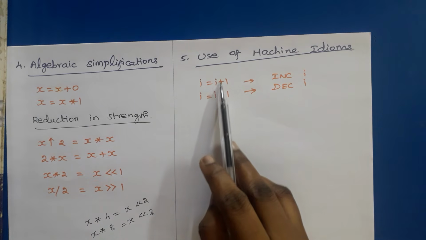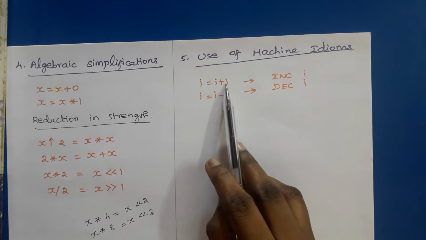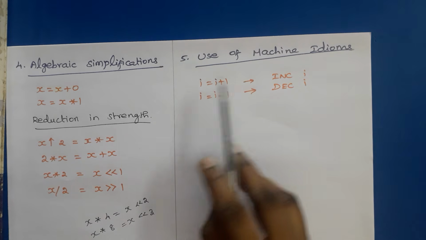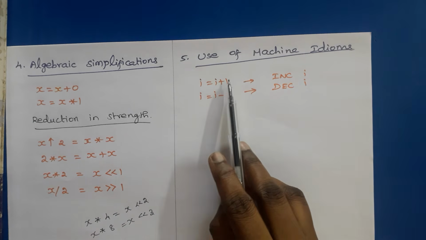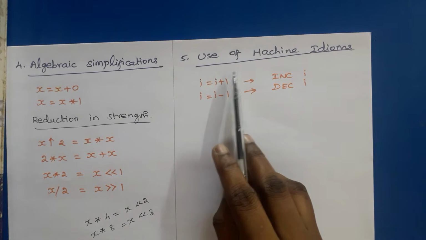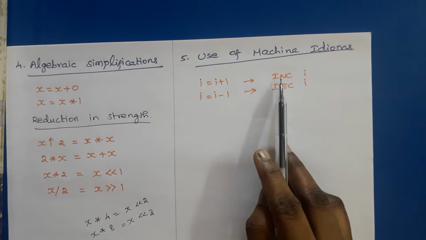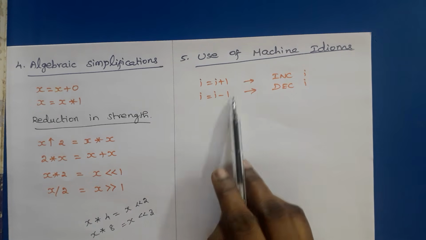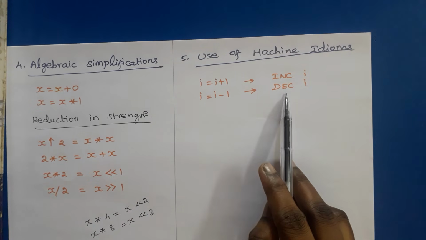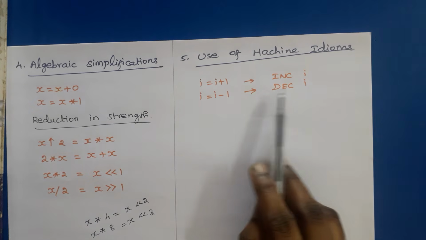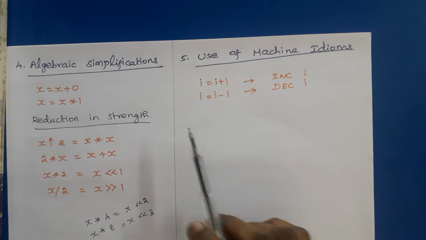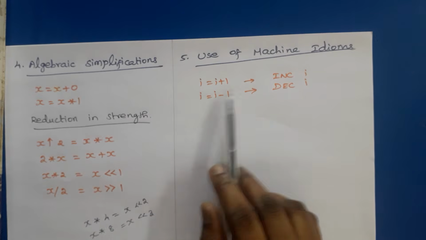First we need to move this I into one register, then we have to add 1 to that register, then that content must be moved on to I. So instead of writing 3 target machine instructions, we can simply write increment I. Similarly, I equals I minus 1. For performing this subtraction operation, we can simply call decrement I. So these types of hardware instructions can be used for simplifying these increment and decrement